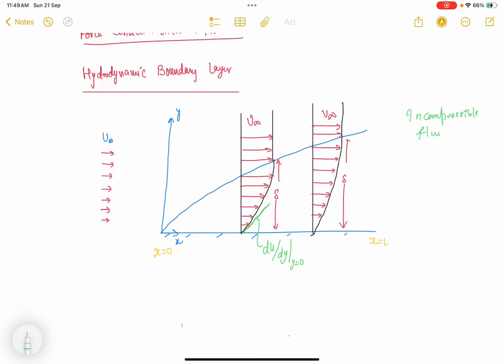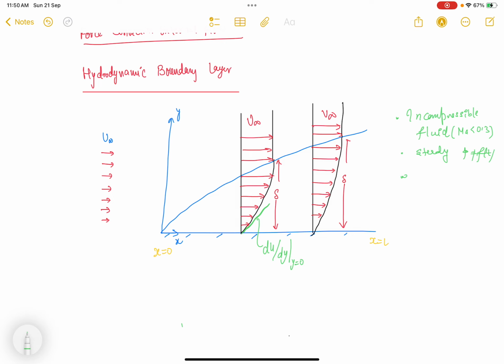Fluid means the Mach number is less than 0.3, right? And steady state means the properties like fluid velocity and the pressures, densities are not changing with respect to time. So nothing is changing with respect to time,